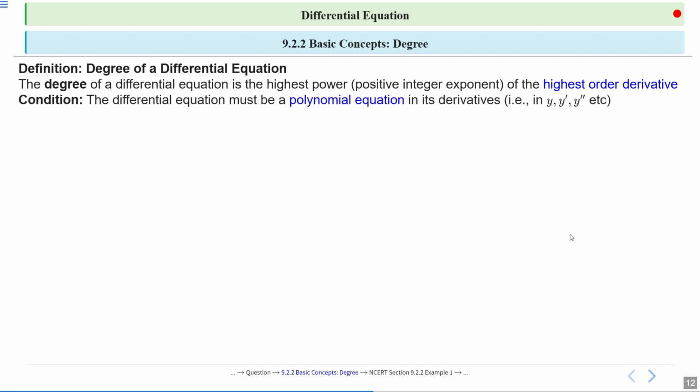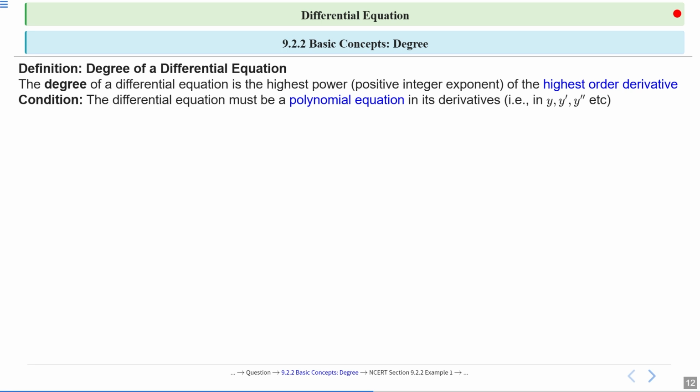The differential equation must be a polynomial equation in the derivative. So to find the degree of a differential equation, it must be written in the form where all derivatives appear as polynomial terms, that is, a polynomial equation. What is the meaning of this line? This means no square root of derivative, no trigonometric, log or exponential applied on derivative, no fractional power of derivative,